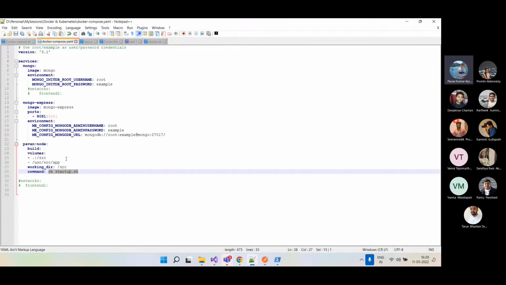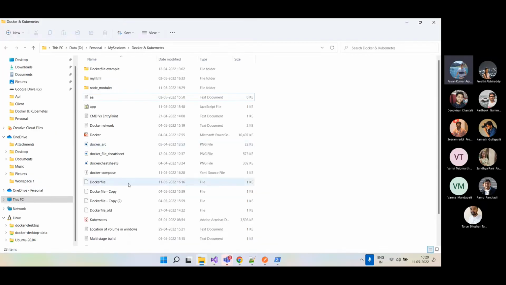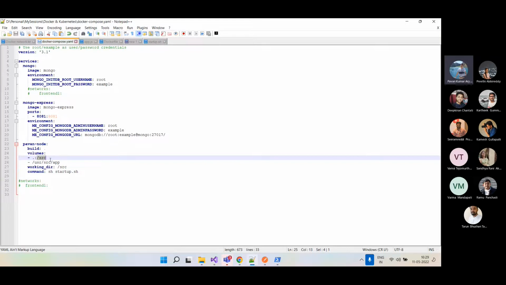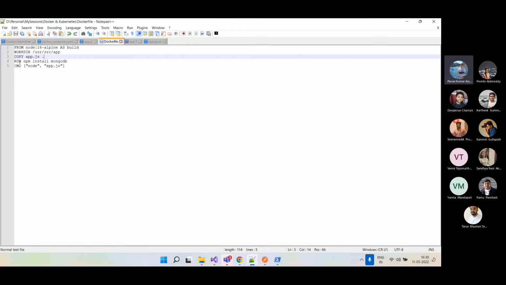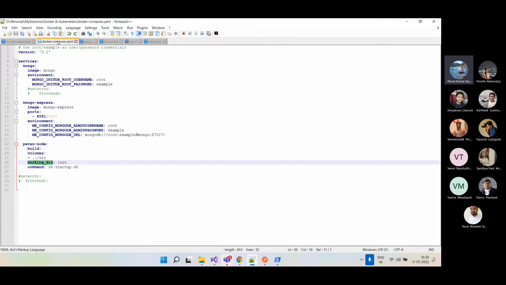In my compose file, I have this volume, right? So ./src, I'm copying all the code which is present on my host machine into this src directory. And then I'm setting this working directory as src. Previously, in my Dockerfile, I had the working directory as this particular folder, right? I'm overwriting it to src. After that, I wanted to do a fresh npm install in this src folder, and also execute this